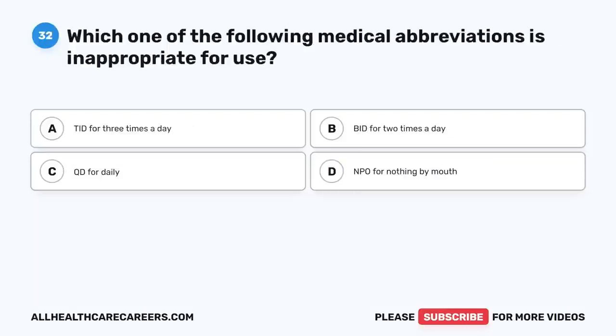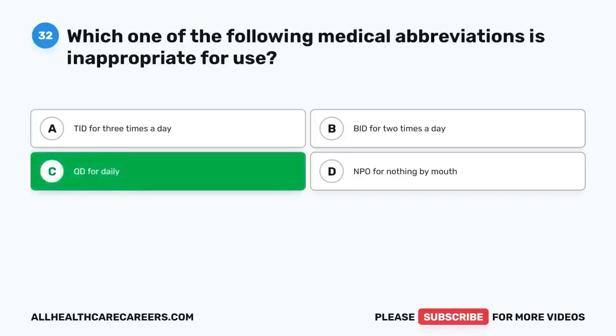Question 32. Which one of the following medical abbreviations is inappropriate for use? A. TID for 3 times a day. B. BID for 2 times a day. C. QD for daily. D. NPO for nothing by mouth. The correct answer is